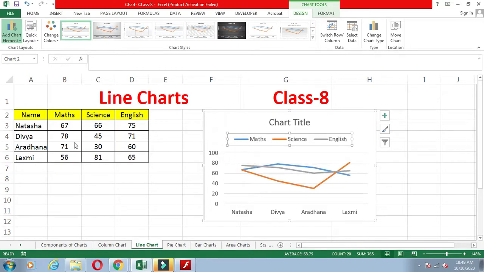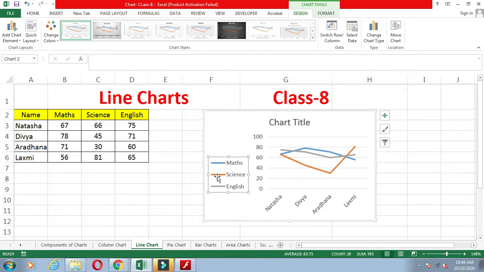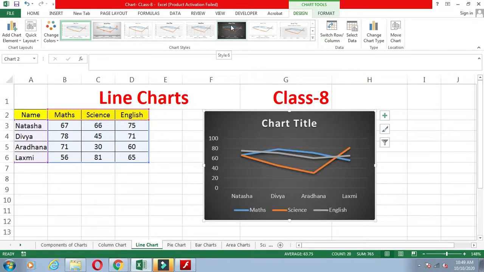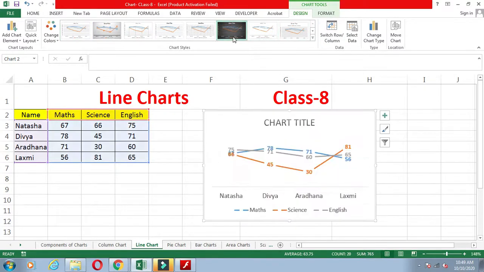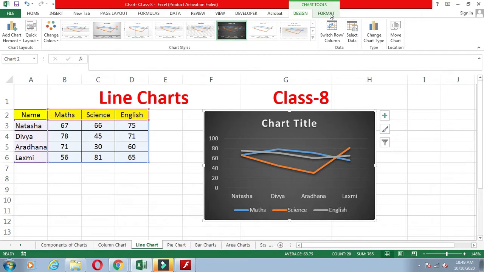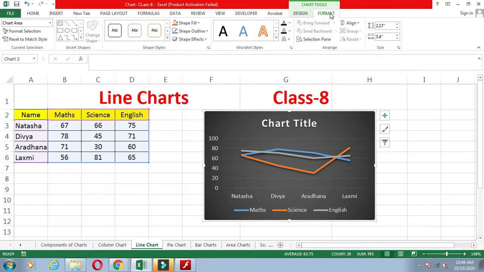The different line chart, you can apply different styles in this way. If you want to format again, you can format the color, and you can also do that with the different word styles. Here you can change the different word style in this way from this position. In this way you can apply the settings and designs to this chart.